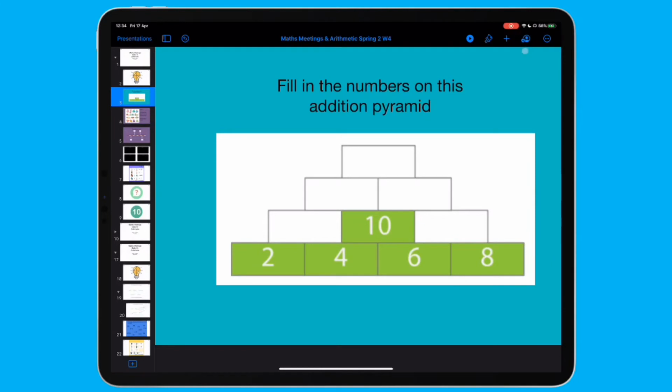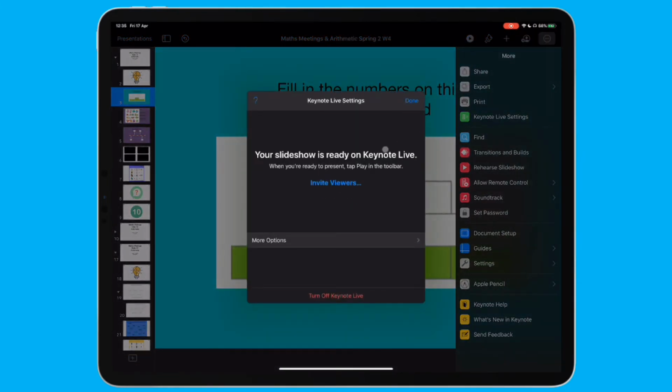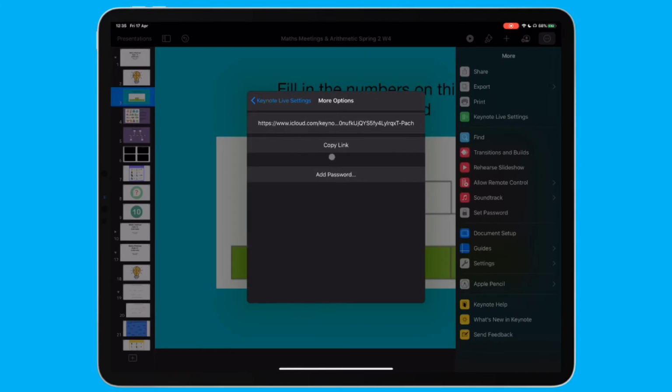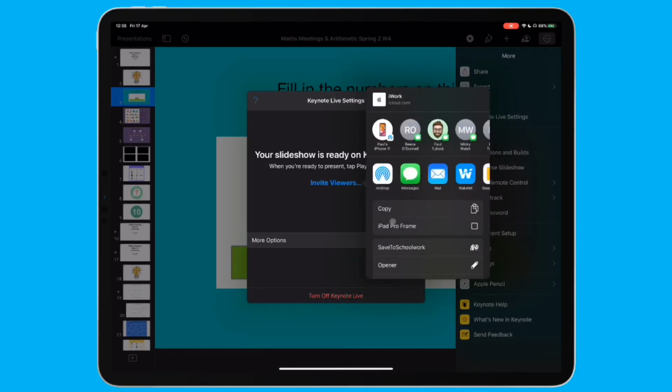You can use Keynote Live to share your presentation onto other devices rather than just having it on an external screen. And this is really easy to do. This is really beneficial if you have children in the class with certain difficulties and they need a bit of extra focus. So you just hit the three dots, come down to Keynote Live settings here, and you have some more options where you can copy the link and you can add a password if you so wish, or if you go to invite viewers here, you can AirDrop them, you can copy the link here. I do believe you can post it directly into Seesaw and lots of other places, whatever it is that you might use. I'm just going to AirDrop it to my phone,